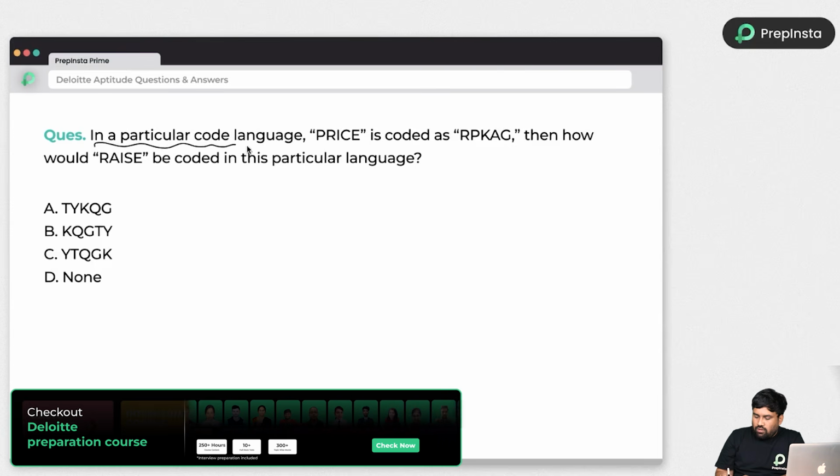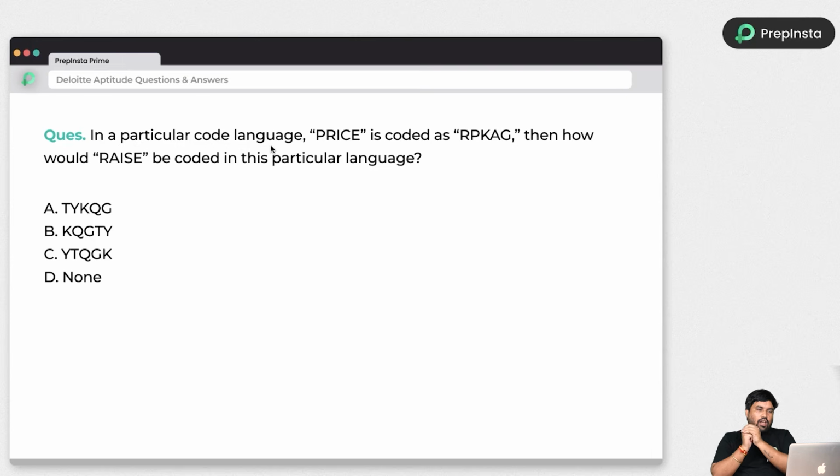In a particular code, okay, we came to the logical reasoning questions. So try to solve it on your own first. Again, I'm telling you, solve it on your own. It is the best method to do a lot of problems. Okay, just while listening, you are practicing also. It's a better way, right?